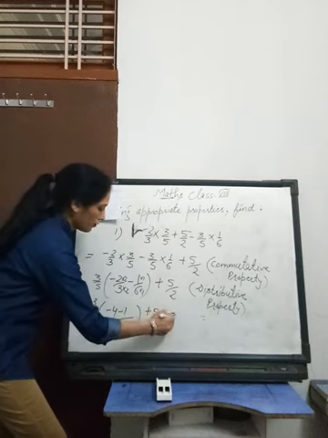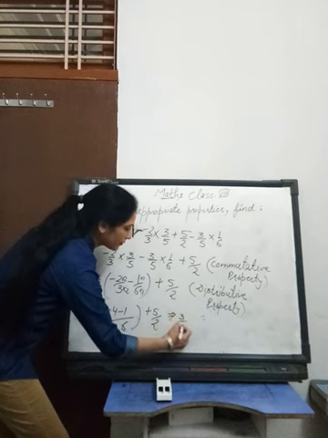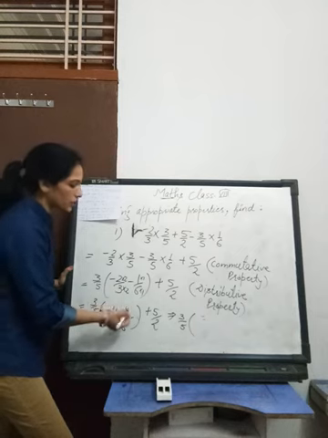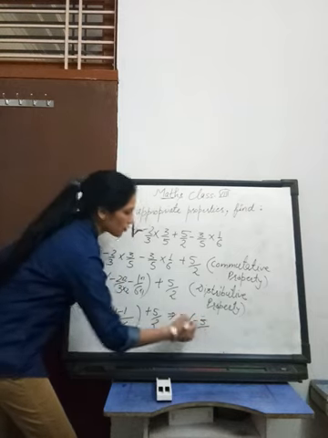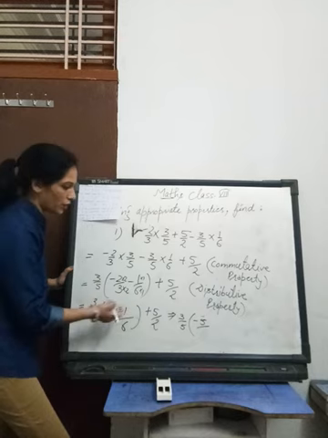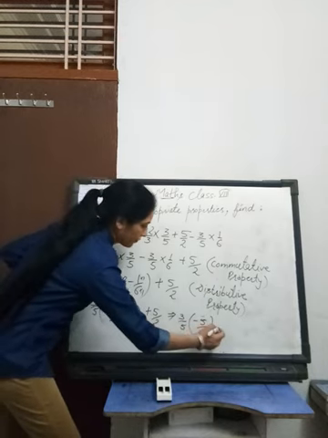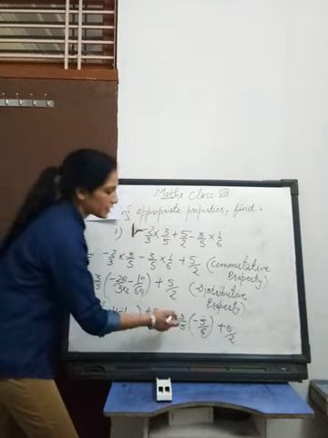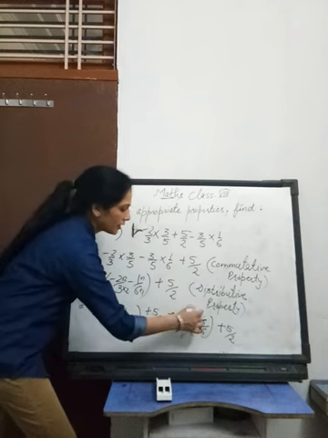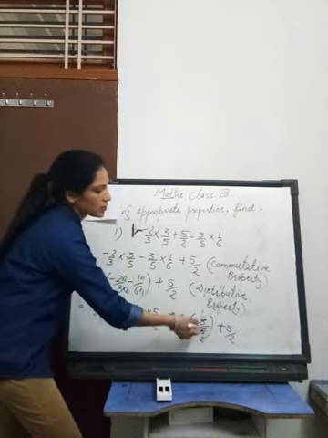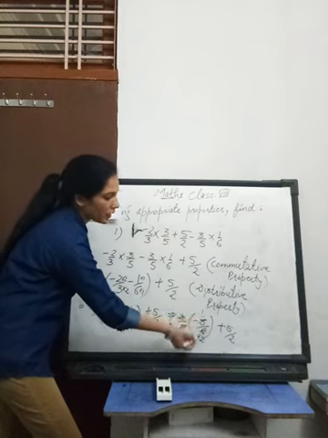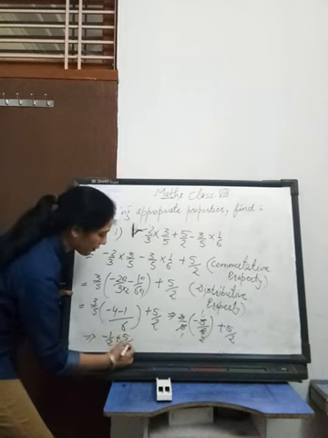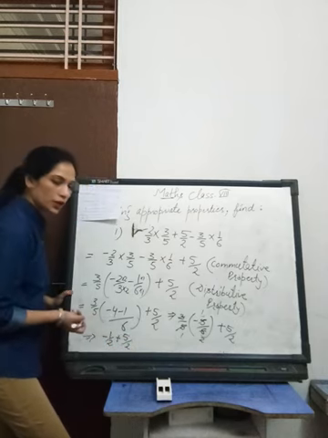Clear? Now 3 by 5 I write as it is. Minus 4 and minus 1, minus minus is plus, so I will add both the terms, and minus 5 will come because 4 is greater and the minus sign is with 4, and I will write the last term as it is. These two rational numbers are in multiplication, so I can cancel 5 and 5, then 3 and 6, 3 to the 6. So which rational number is left over here? Minus 1 upon 2. Here I am writing minus 1 by 2, and the last rational number we have is 5 by 2.